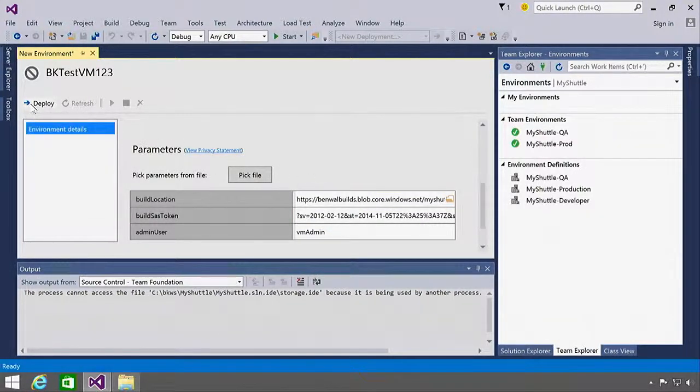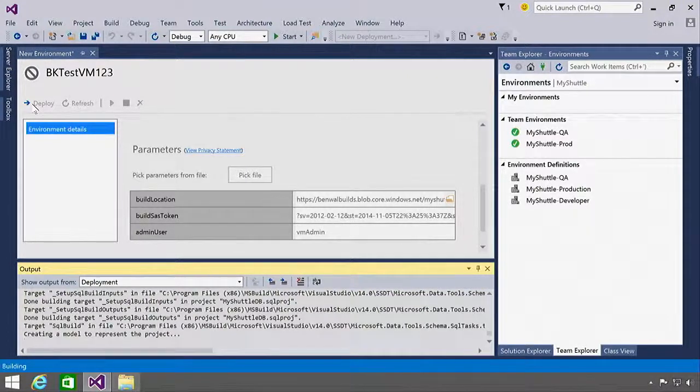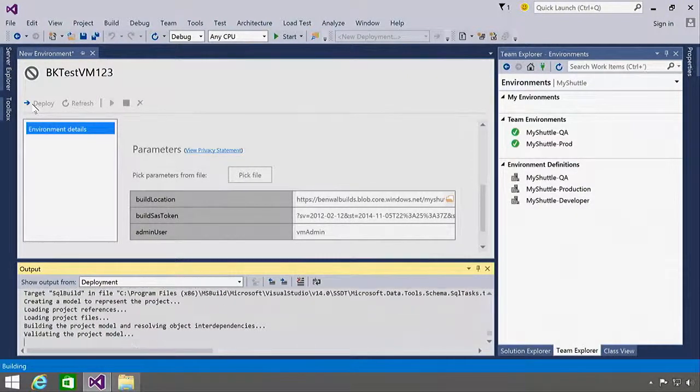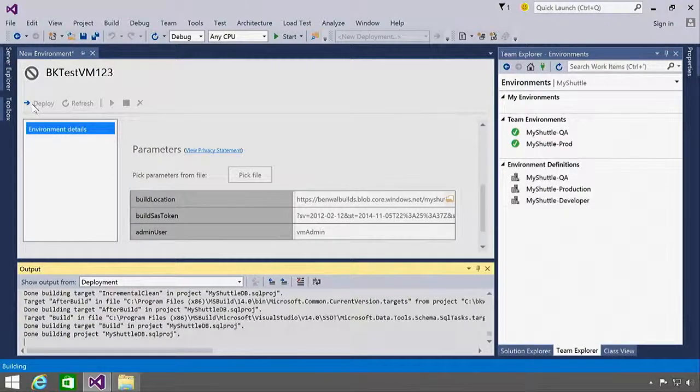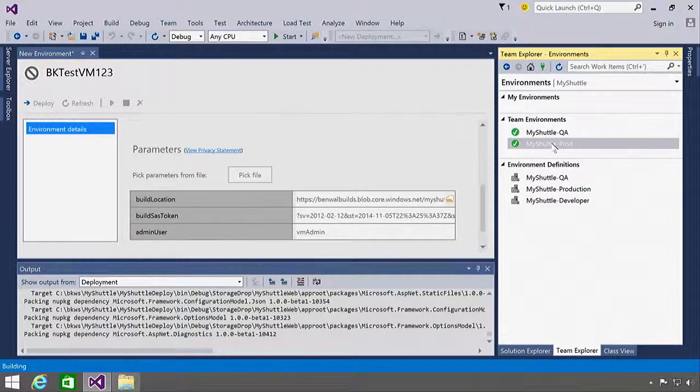Now we're ready to click deploy, and my application is going to be compiled locally. It's then going to be uploaded into that cloud storage account, and from that it's going to take those components and start to provision the resources that I require. Now this will just take a few minutes, so let me show you instead an existing environment that I deployed